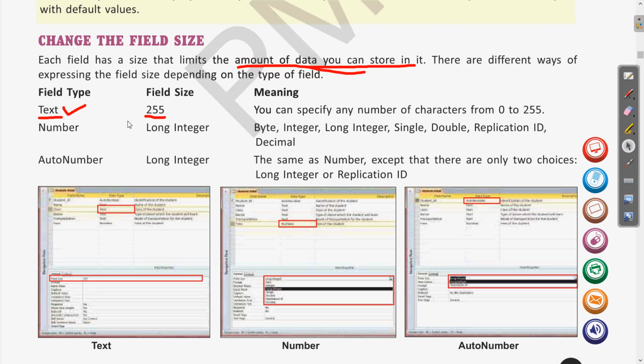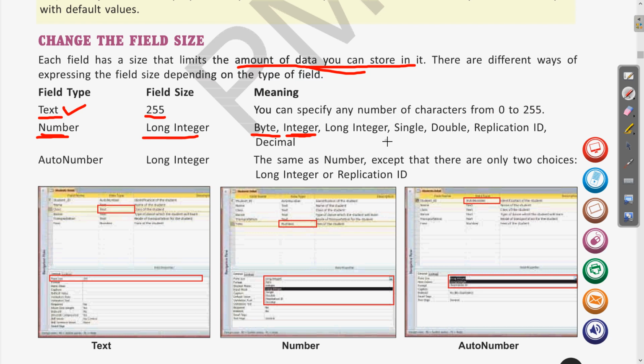Next is the number data type. In the number data type, the field size is long integer. When you are saving numbers, there are various types, like byte, integer, long integer. Byte is a little bit smaller, then we have integer, the range of which will be discussed. After that, long integer, single and double.